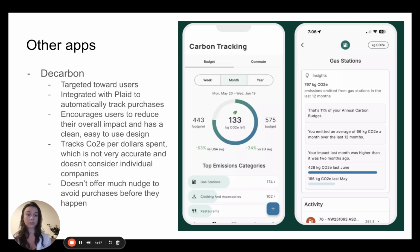So this was a really great app that I found, and it integrates with something called Plaid to get purchases directly from your bank, so that you don't have to do any manual input, which is great. It makes it really easy for people to use it. However, because it's just using those dollar amounts, it doesn't provide a very accurate CO2 analysis for each purchase. It just takes the dollar amount and the category because that's all that is really ever provided by your bank, and performs a very generic analysis based on how much you're spending to the average impact for